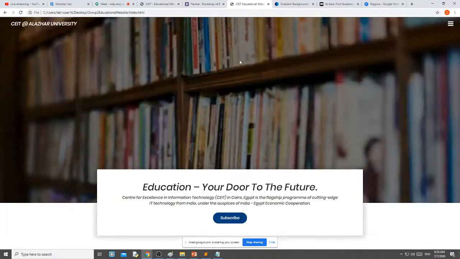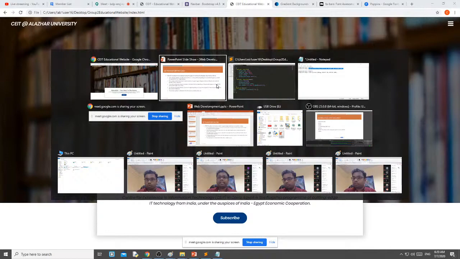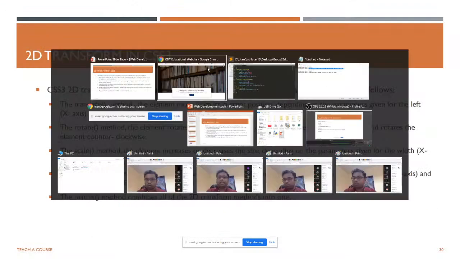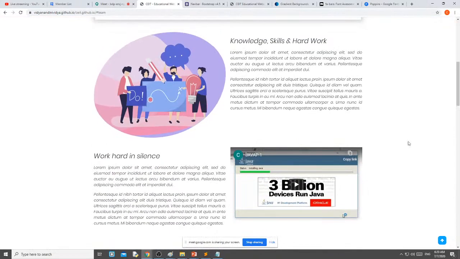And all the related data I will send to your Gmail, and in the next session we will see this part. This is very important because in this section I will explain what the grid system is.